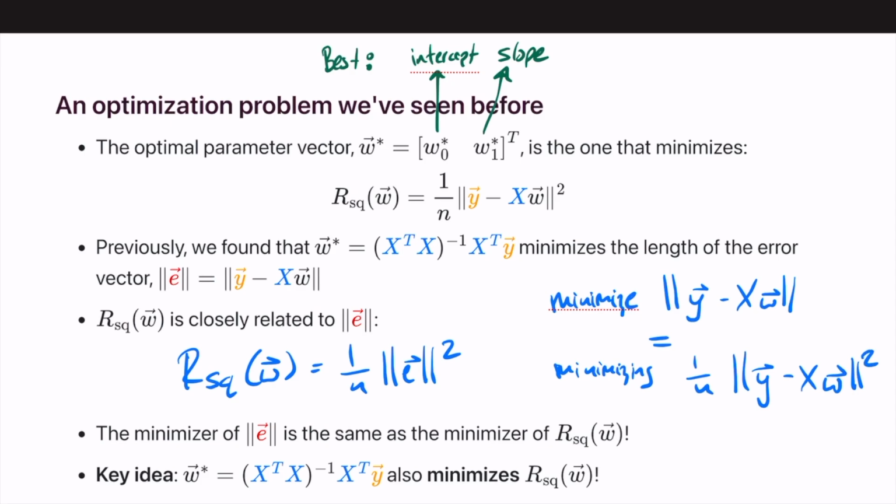And particularly, why is that? Where does this come from? Why is the minimization of both these things the W star? Well, minimizing the length of the error vector is the same as 1 over n times, or I suppose you just say, the length of the error vector squared over n, because if you think back to what we've been learning so far in previous lectures,